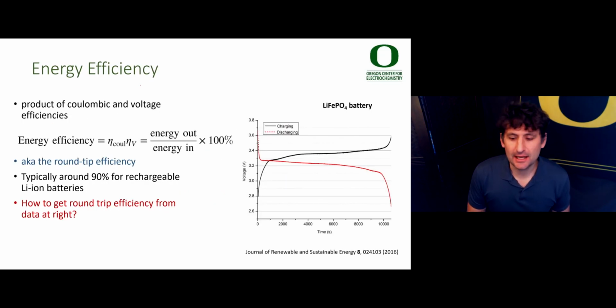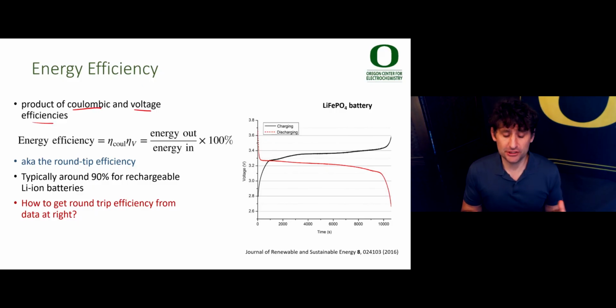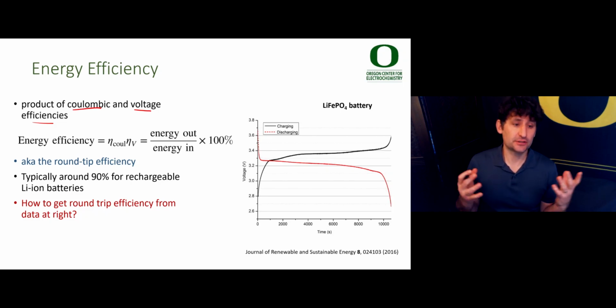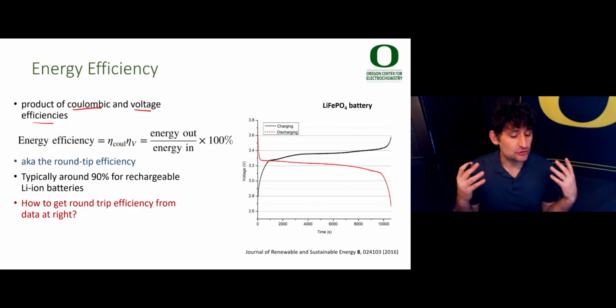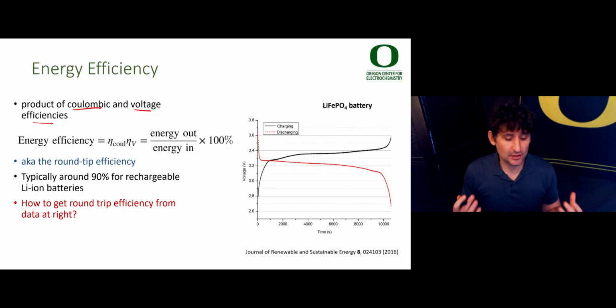We can then calculate the energy efficiency. It's the product of the coulombic and voltage efficiencies. The voltage efficiency is on average how much voltage is the cell producing during the charge-discharge cycle. It's the fraction of the free energy, but if you don't get all the electrons out, you have to account for that too. So this is the fraction of the free energy and the voltage that comes out,